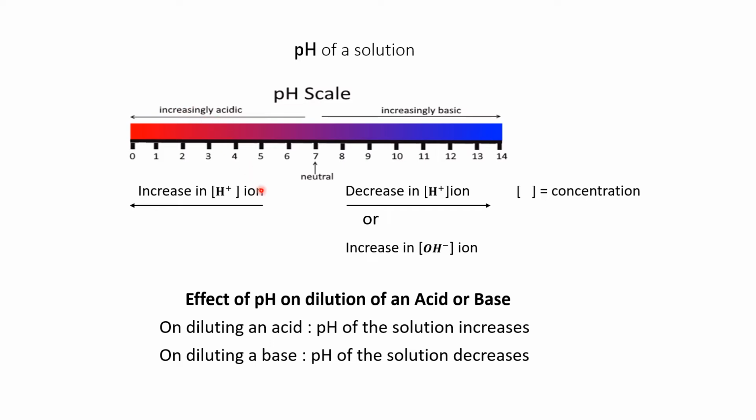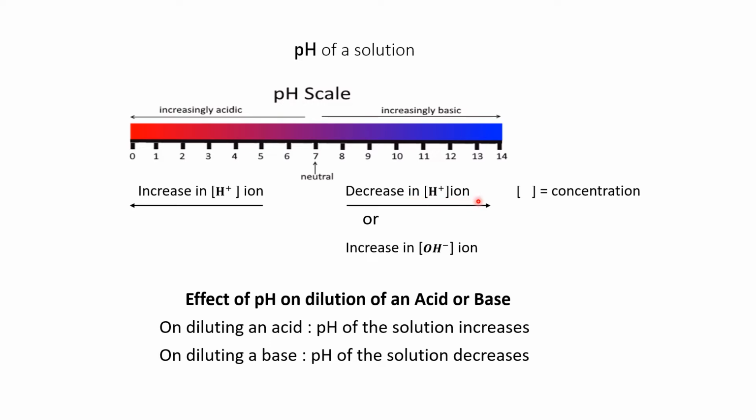Now what is called an acidic solution? Those solutions which can produce H plus ion. So if there is an increase in acidic nature, then there is an increase in H plus ion, and that is known as hydrogen ion concentration. Okay, so what happens in the basic solution? A basic solution is just the opposite of hydrogen ion, meaning there is a decrease in H plus ion concentration.